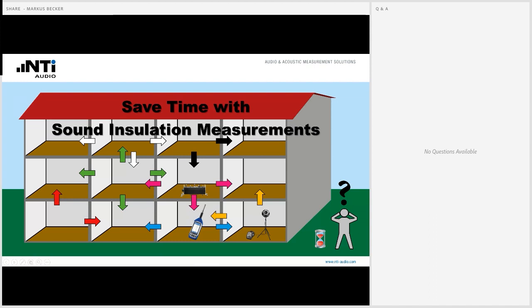Well, to measure the sound insulation of a partition is a quite cumbersome task. You need to execute a couple of measurements. You have to combine them in a certain way to get the results. And even worse, if you have to do that in a larger building with lots of partitions, you will very quickly see that this can become a really huge issue, a huge project, also time-wise, to complete all these measurements accurately. Consequently, it is of high interest to streamline this process to make it as efficient as possible in order to save your valuable time.